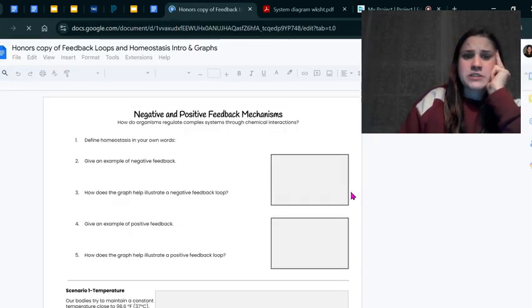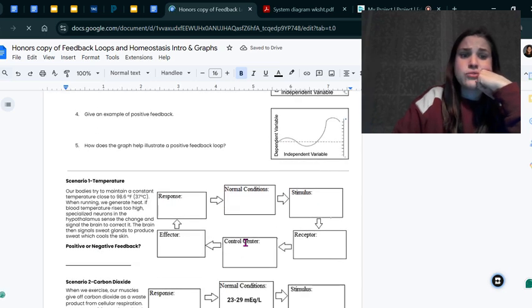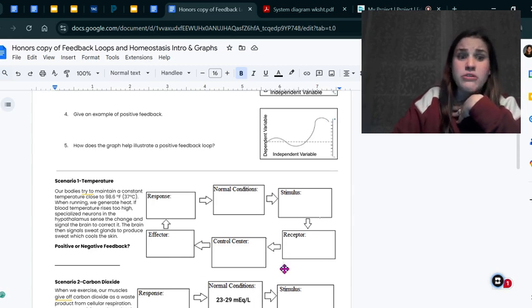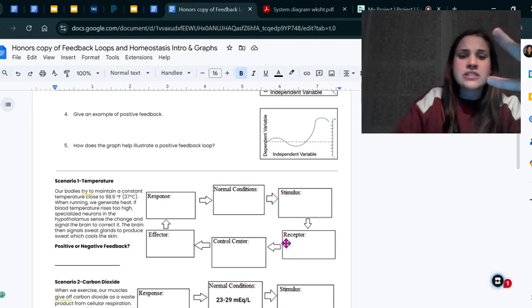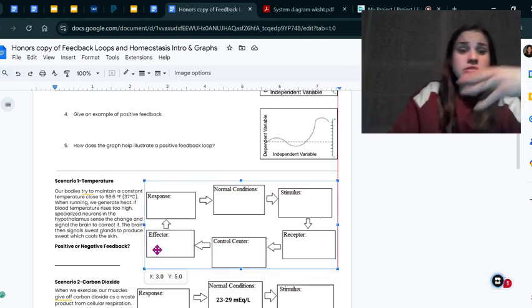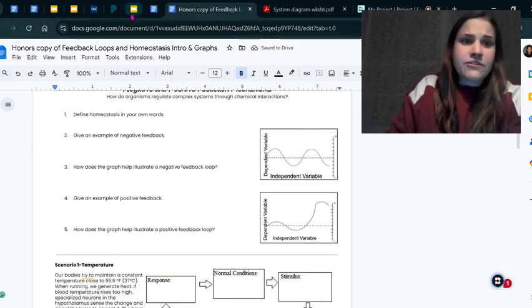So if we pull up these practice problems, things that you would be expected to be able to do on a test is to identify the different components within a homeostatic feedback loop: the stimulus, the receptor, control center, effector, and response. We mentioned that the stimulus and the response are actions. Receptor, control center, and effector tend to be the body parts that are doing those actions. And in terms of negative feedback,